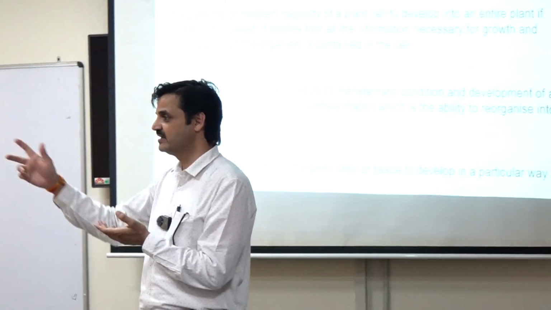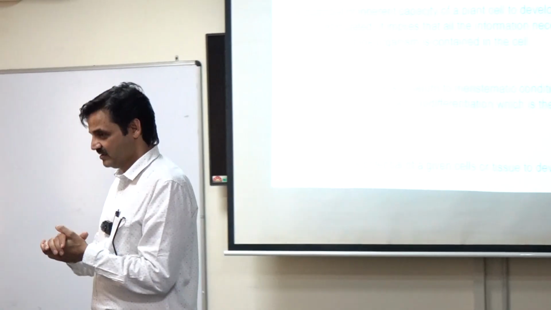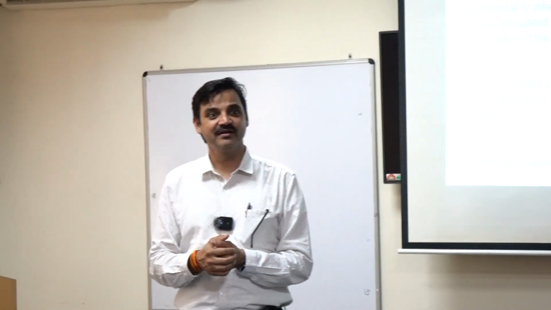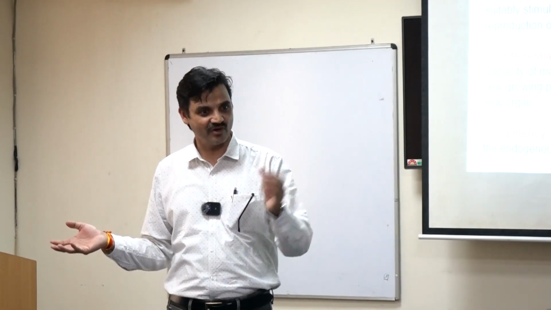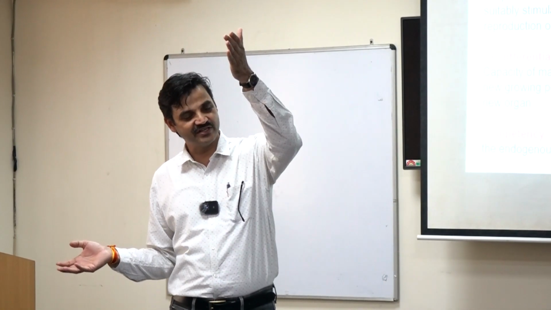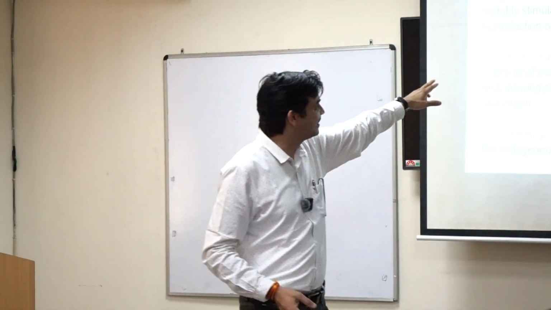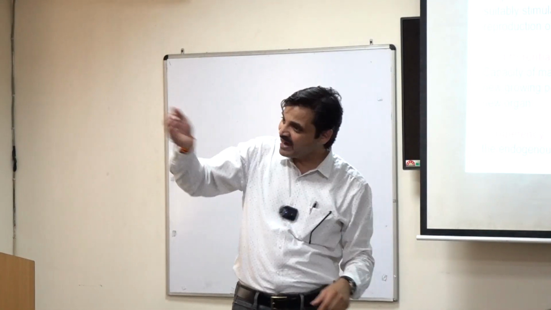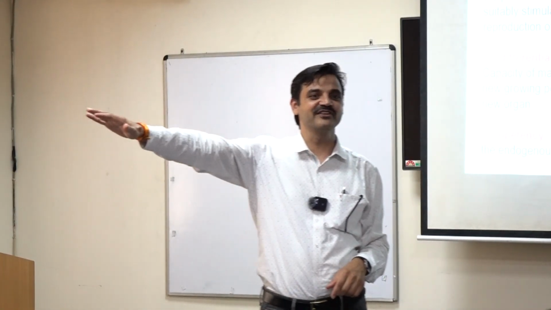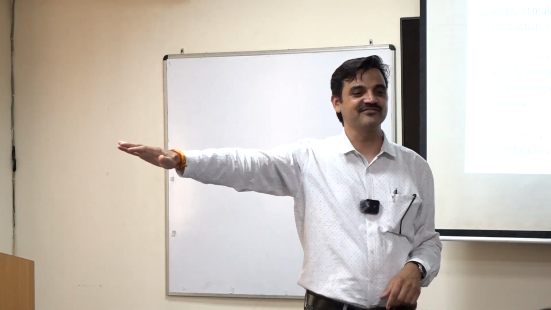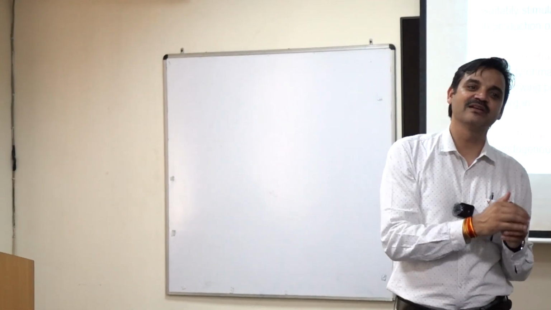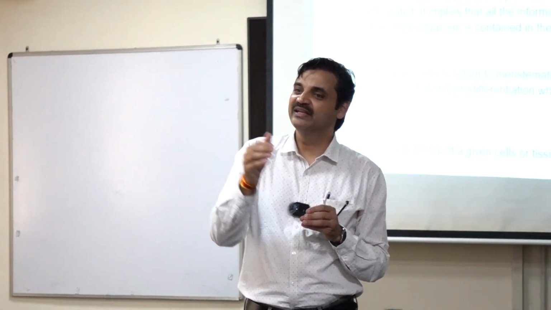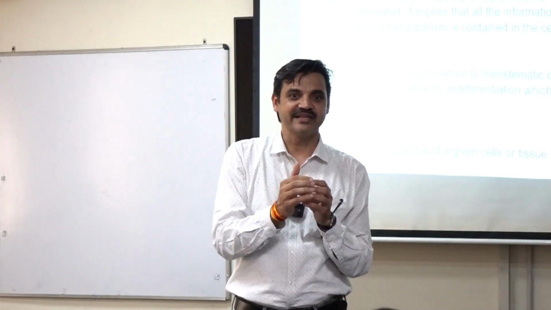So what I do, I take the leaf piece, grow it in the lab, and because the leaf is already differentiated in nature from seed, it is differentiated tissue. So I de-differentiate it. That is, I bring it back to cell level. Leaf is a modified set of cells, tissue inside, right? So I bring it back to the native state. So I de-differentiate it.